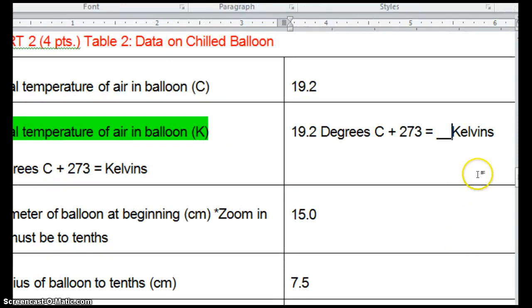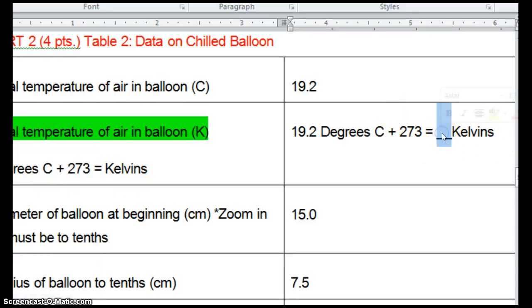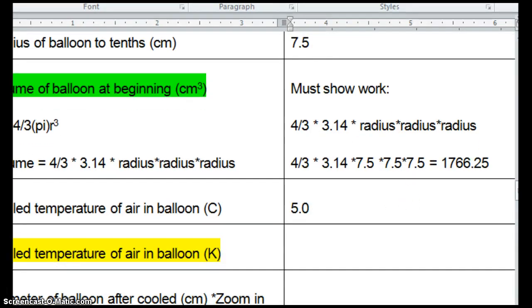And there you go. What would our answer be? 273 plus 19.2 is 292.2. 292.2 Kelvin. And we don't say degrees Kelvin. I don't know why. We just don't. So that's our answer for that one. All right, let's go ahead and find